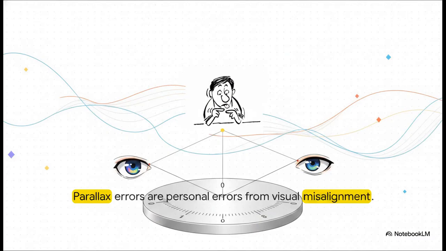This is a brilliant example right here, a classic personal error called the parallax effect. If you're trying to read a scale that has a little pointer, just tilting your head and looking at it from the wrong angle will permanently shift your measurement. One person might read it consistently high, the next person reads it consistently low. It's a one-way, systematic error that completely skews your accuracy, and you might not even realize you're doing it.